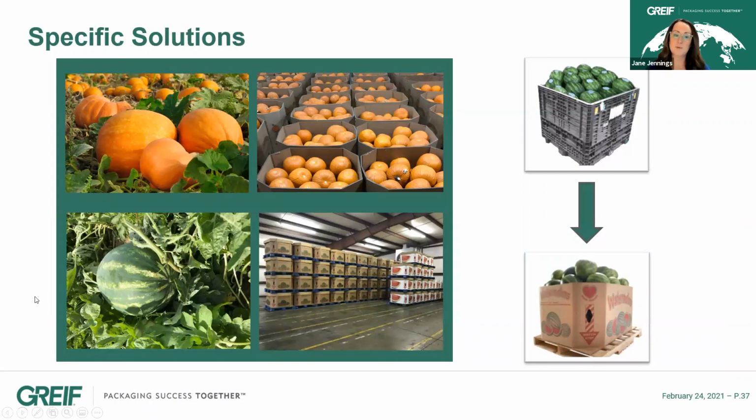Our triple wall produce bins are the only in-use packaging that we manufacture for direct food contact. As you can see in this slide, there are some examples of our produce bins at work. In the picture on the bottom, a farmer in Indiana has packaged his watermelons in our bins, stacked them 4 high in a warehouse where they're often stored for 7 to 10 days before being shipped via truck to grocery